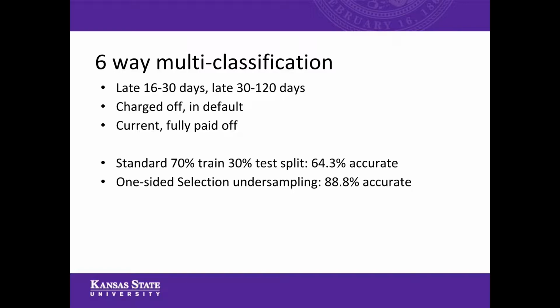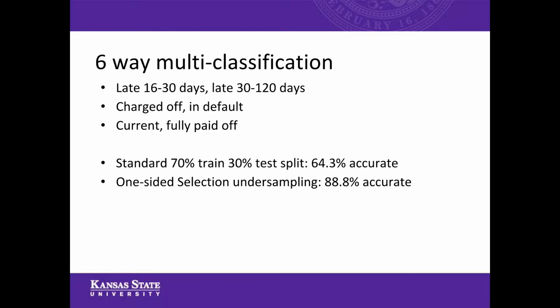So using standard statistics or machine learning techniques of just splitting the data set into 2 parts, let's take almost 70% of it and use it to train the machine learning algorithm, and then 30% to test its accuracy, we get a not great 64% accuracy. And basically what this is saying is that it is pretty much just putting most people into that current and fully paid off category, but it's not sure which one to put them in, so it's just kind of putting them somewhere and hoping for the best. This is barely better than flipping a coin.